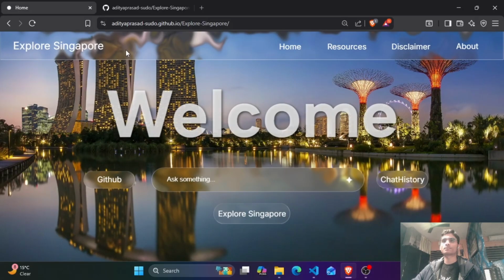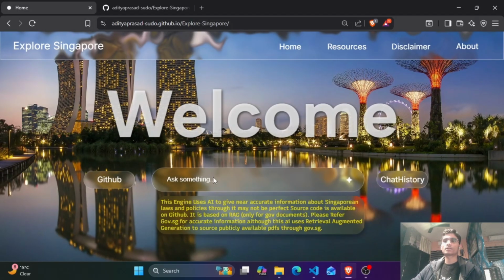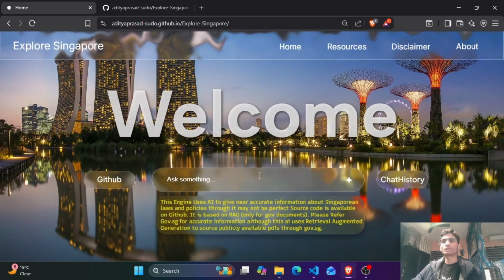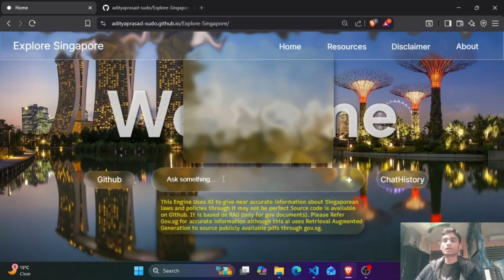For example, I have this website, Explore Singapore, and I want to ask it what is the law for child safety. In order to get the exact information, I would be using the publicly available government PDF. Let me show you how it works. So let's just ask it, tell me how safe is Singapore for children. Let's just ask it that, and